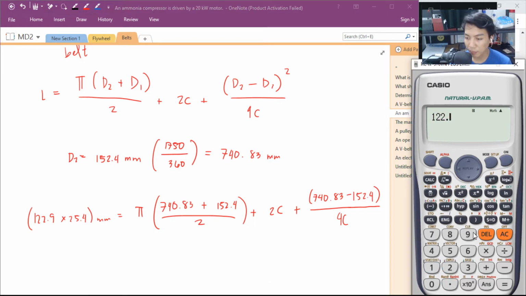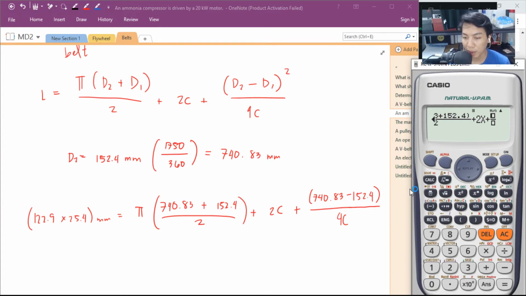122.9 times 25.4. The answer is 3121.66. O, sige. 3121.66 alpha equal to shift pi tapos 740.83 plus 152.4 divided by 2 plus 2 alpha x plus